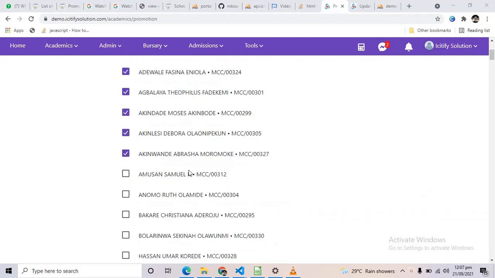So we can check that when the student is checked, it's going to reflect on the report sheet. So we can check that to see the effect of this process on the report sheet. Now let's take this admission number, Morenike Akinwande. The admission number is MC60/00327. Let's just Ctrl+C to